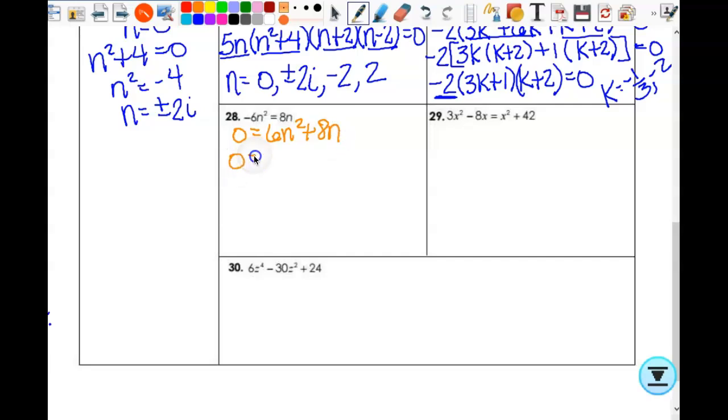So do I have a GCF? Yes, it is 2n, right? Leaves me with 3n plus 4. So n is equal to, what's this first one give me? 0. And then this gives me